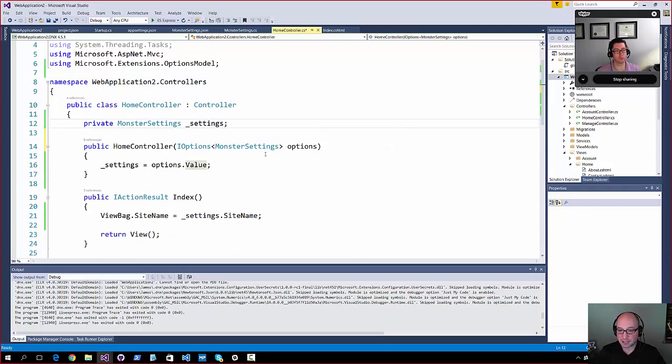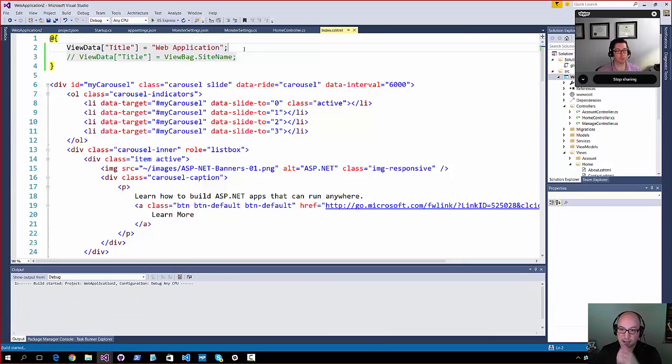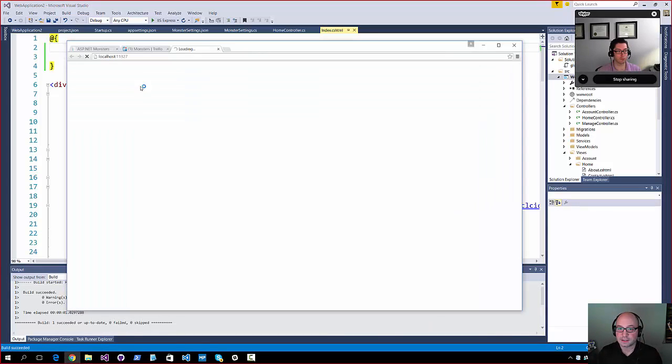So when I run my application now, it will actually be populated. I'm going to pop over to my view really quickly here. And you can see I've got the view data set to web application. And when I run the application, this is going to be what is actually displayed inside the title bar for the toolbar for my site. So pulling this up,